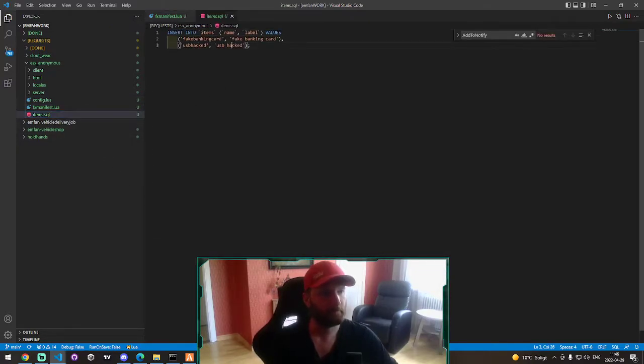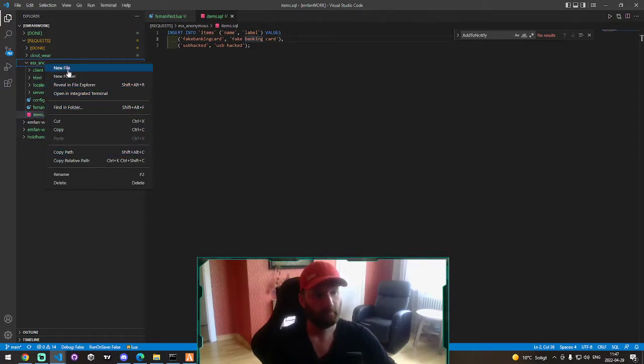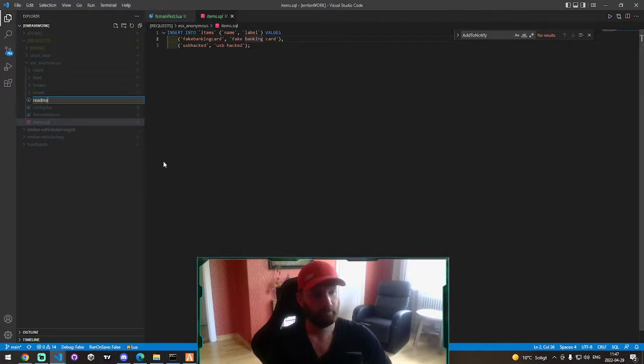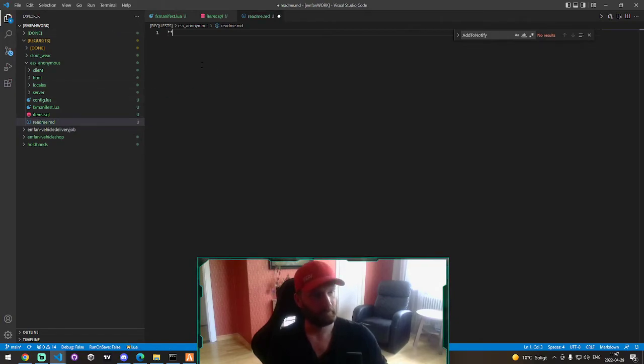So, items. This is creating items to use for the script. ESX uses items as a table in the database, and in QBCore we use it as metadata inside our shared folder. So what we'll do is create a readme instead, a new file, readme.md, and we'll do something like this: add this to your shared